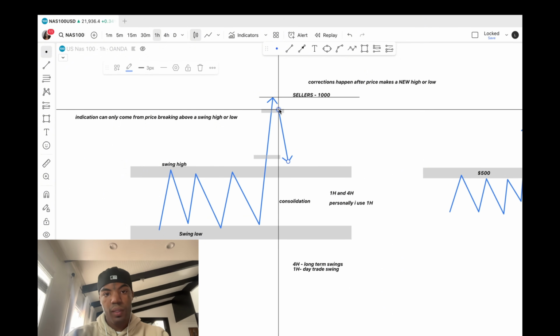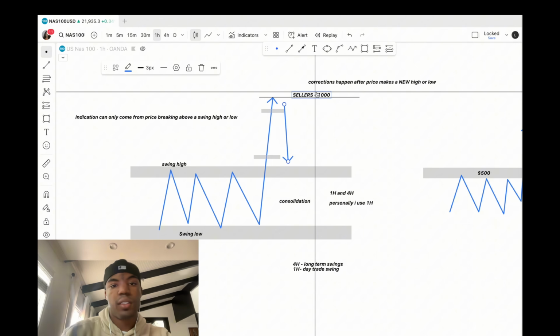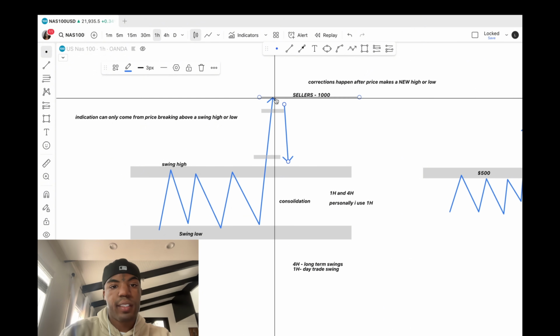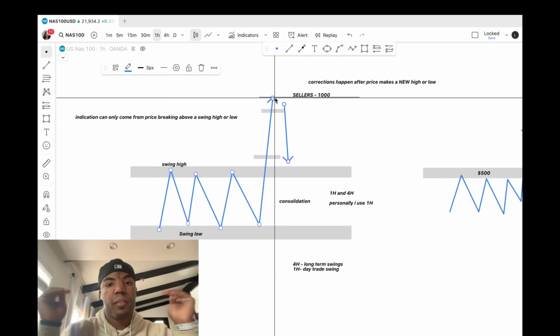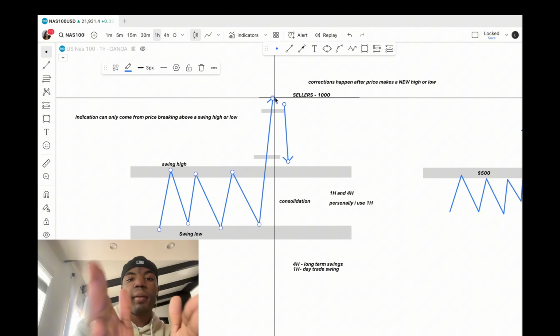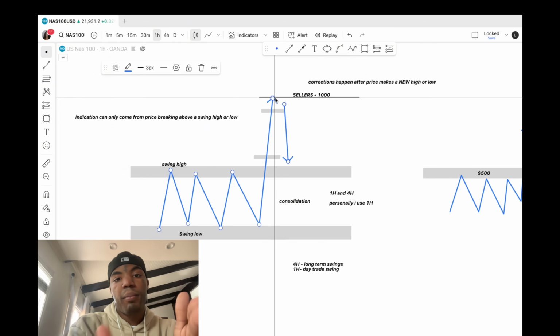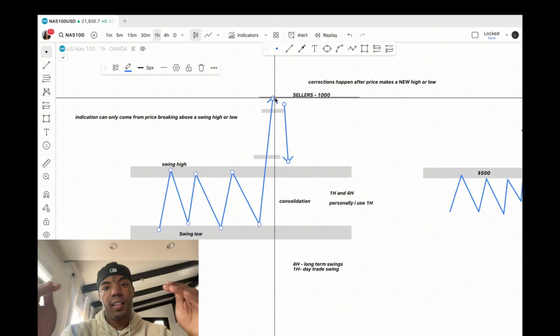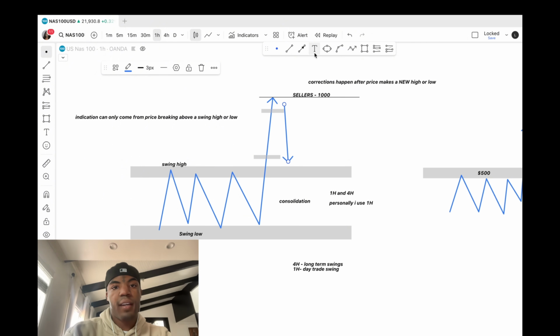So what I like to do is I also think of price coming to this level and saying, hey, there are more sellers right now. We've reached a level where there are more sellers in the market, and we cannot push past this, even though we have a lot of buyers in the market right now. But there are so many sellers at this point, and we only have, let's say, and these are just example numbers,